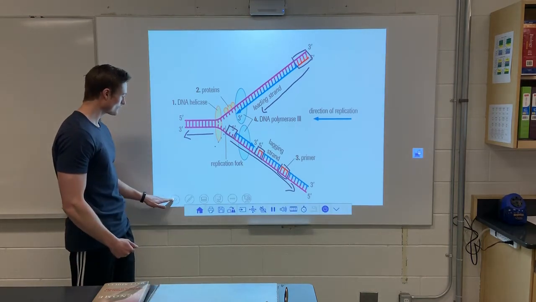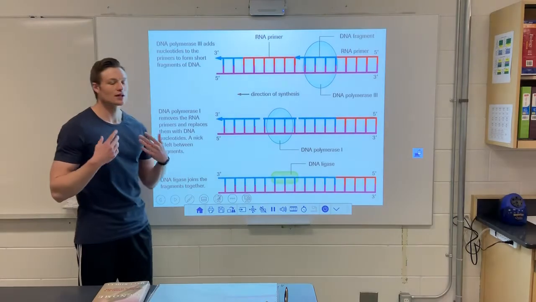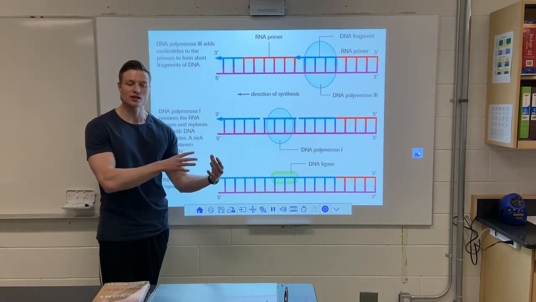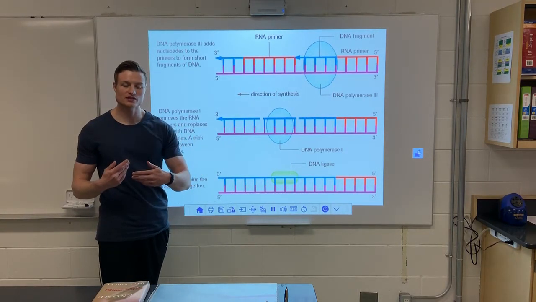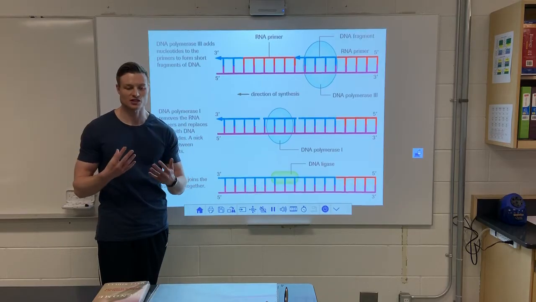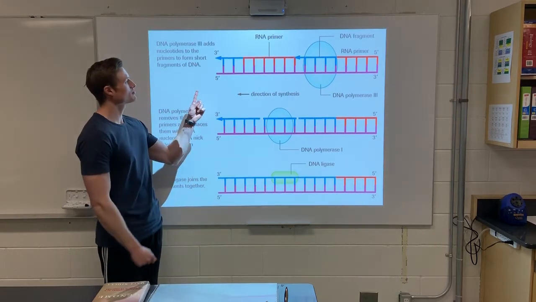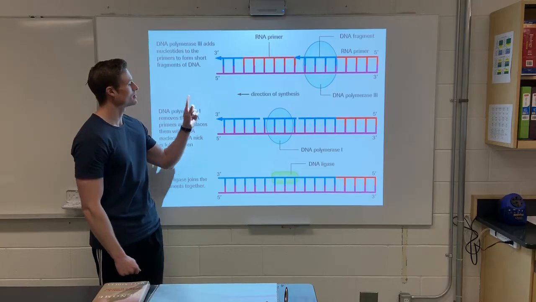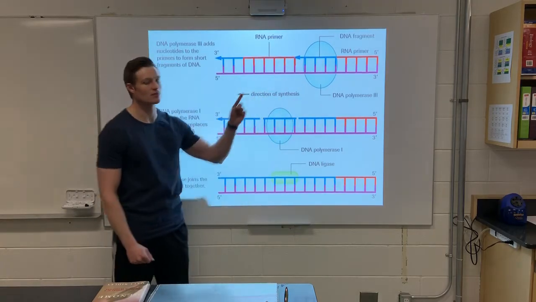Okay? So now, here's where we're at. We have the lagging strand done. We have the leading strand done. We just have to kind of put some finishing touches on there. So we're going to get DNA polymerase 1. It's going to come in, and it's going to remove these primers. Remember,